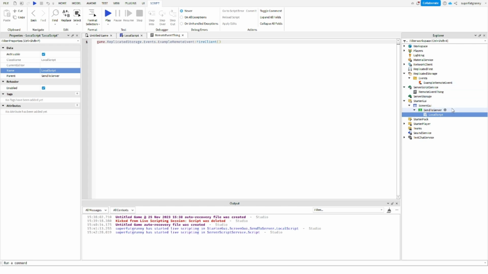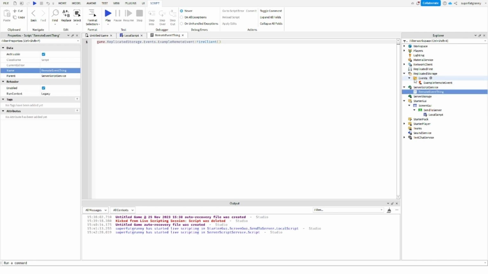So now our message has gone from the local script to the remote event. And to get it to the remote event script, we have to put in receiving code. To do that, we're just going to go to our remote event and do dot